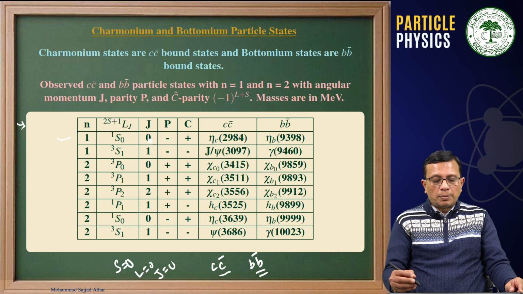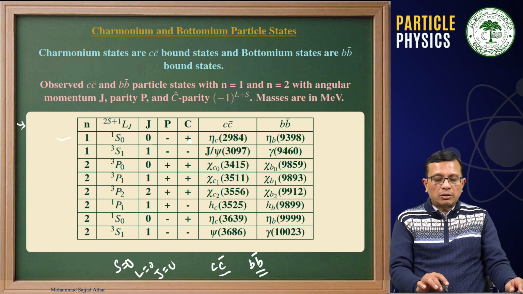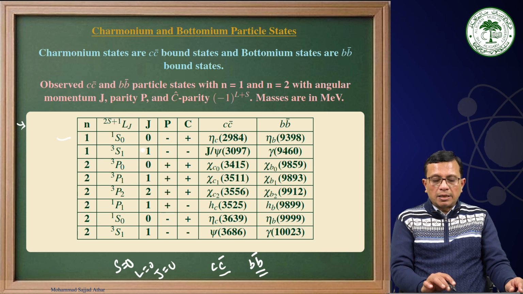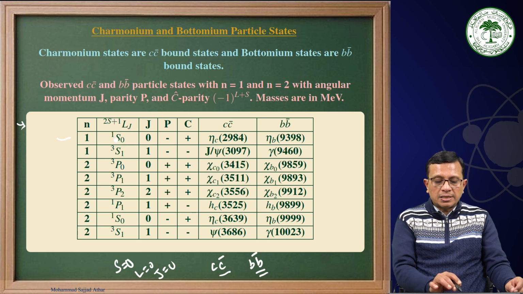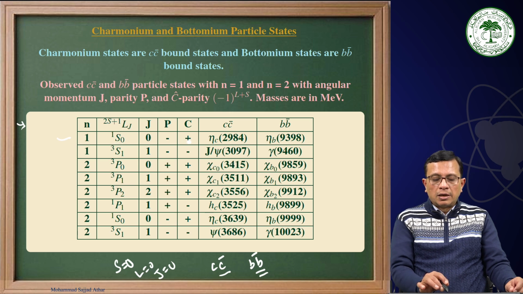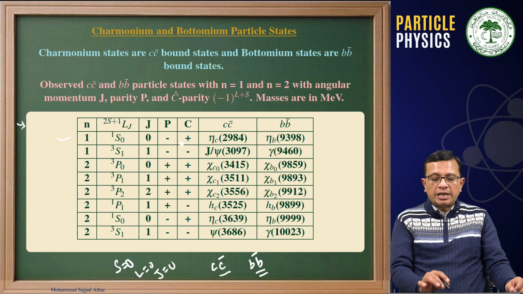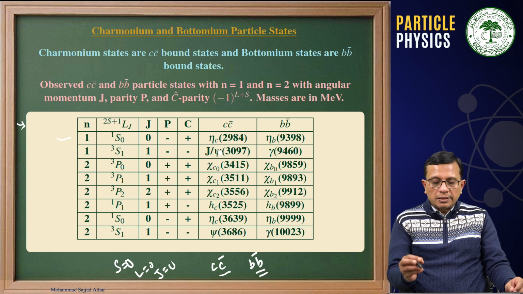Then you are talking about parity, and then you are talking about C parity. Therefore, you can see that like in the previous case, we have a factor of (-1)^L for L plus S for the C parity. Therefore, S is 0 and L is 0. That is giving us a C eigenstate to be positive. That means it has got a positive C parity state, and